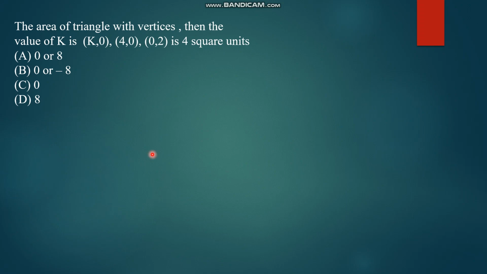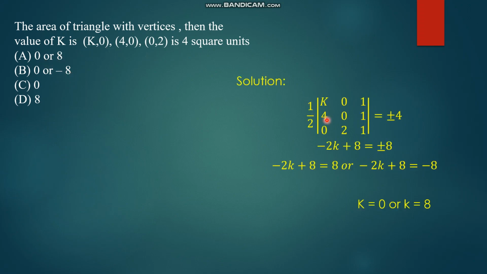Moving to the next question. This is also one of the questions you have done in the board exams. Now, we have to do it the direct way. We know that area of the triangle is half into the determinant of the vertices and third column is 1. And always you should remember this. Whenever they give the area, we have to take it as plus or minus, because even if it is negative, we will take the mod of the value. So, we have to take it as plus or minus 4.